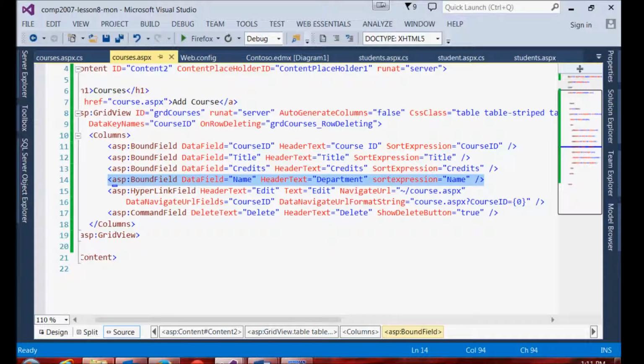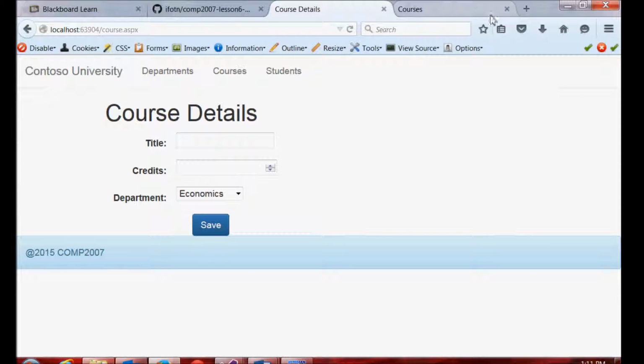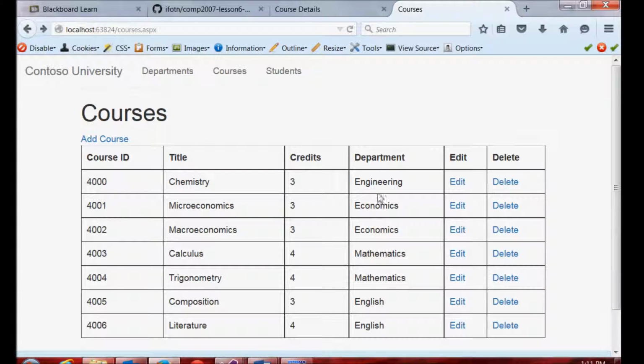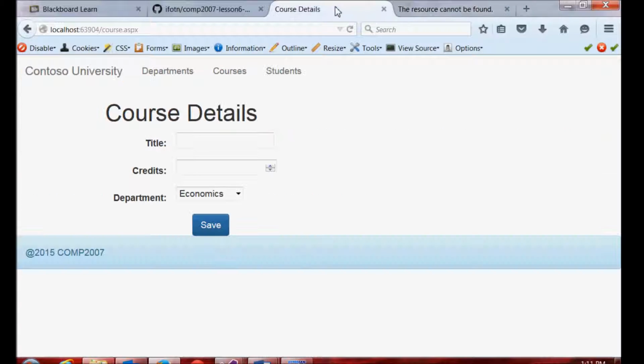Okay, so we're going to resume. We've got our courses page working. We've used our navigation property so that we've got our department name showing up. So what we want to do now is build, I think I should get a 404 when I click Add Course. Yeah, I do. What we should get when we click Add Course